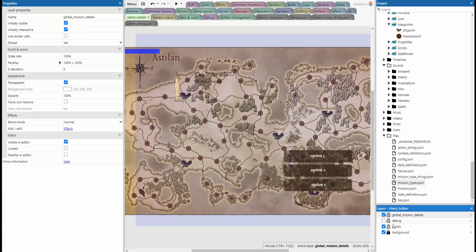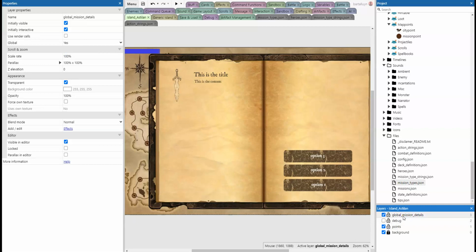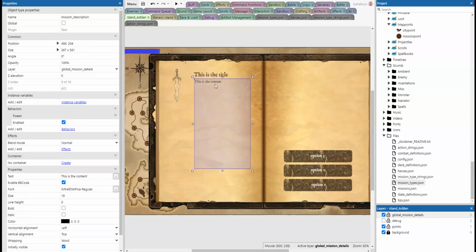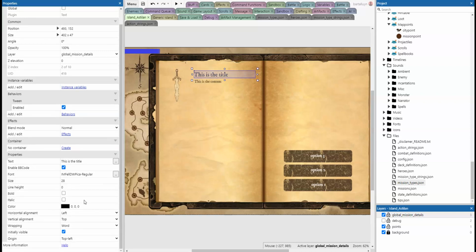And I've created a global mission details layer. I was searching for the word layer, and you can see here we have an image of an icon. We don't take this into account yet. There is a title and there is content. So I want to go and fill this content here. We don't take into account the title yet. So now what we do is,